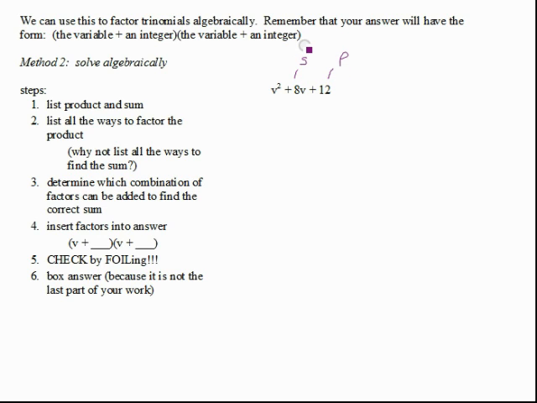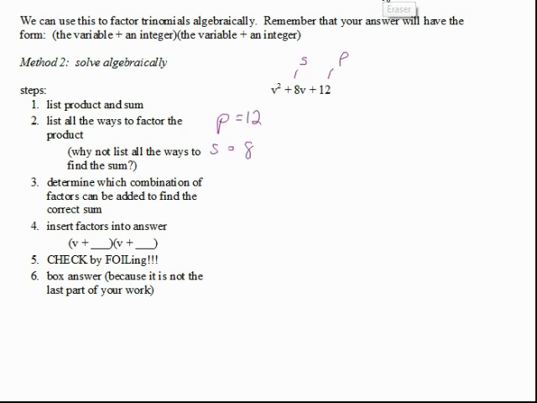Now, if you forget for some reason, do it the other way. Make up a binomial. X plus 1 times x plus 2 is really easy. FOIL it out. Figure out which one is the product and which is the sum, and then you can work backwards. Okay, it's always good to have a way to figure something out in case you forget. Okay, but we don't have to do that today, so we know the product is 12 and the sum is